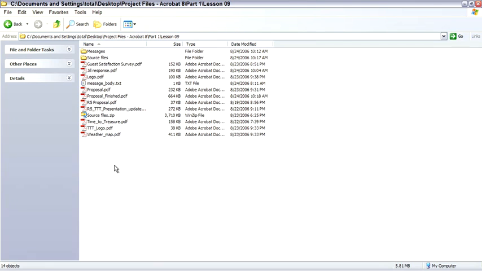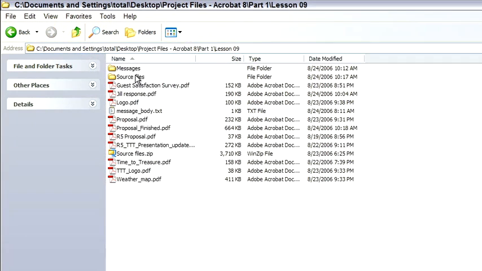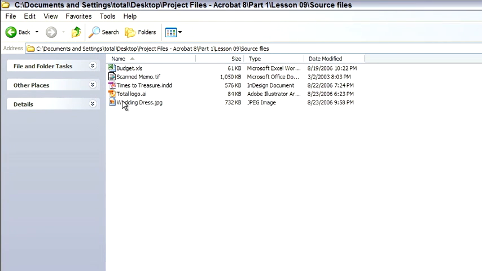What we're looking at here is the Lesson 9 folder. It's in the Part 1 folder of the project files that you loaded to your hard drive, and it's fairly representative of any project. There are a lot of different file types that go into it. Especially if we open up the Source Files folder here, these are a wide variety of file types that represent